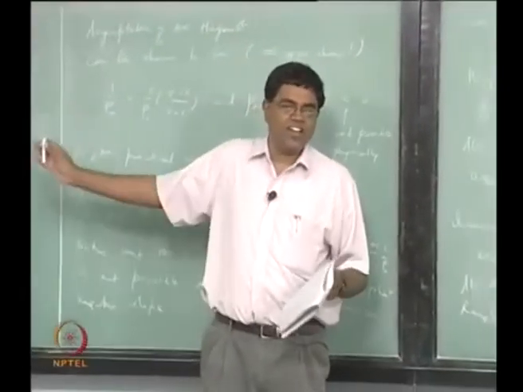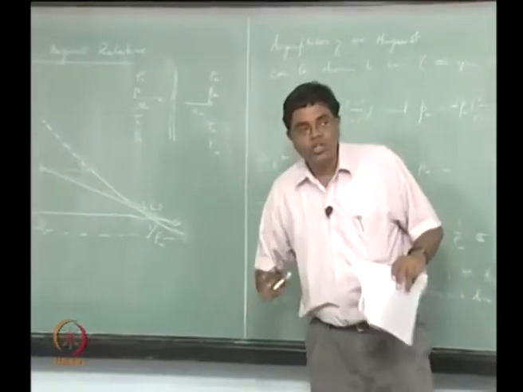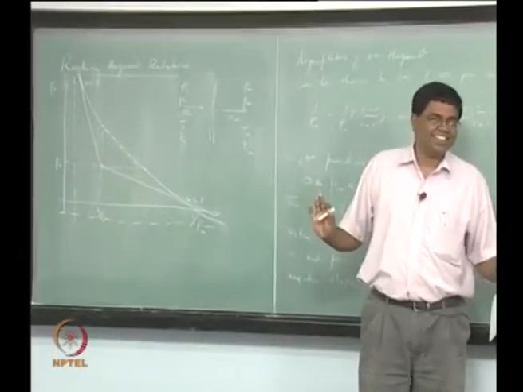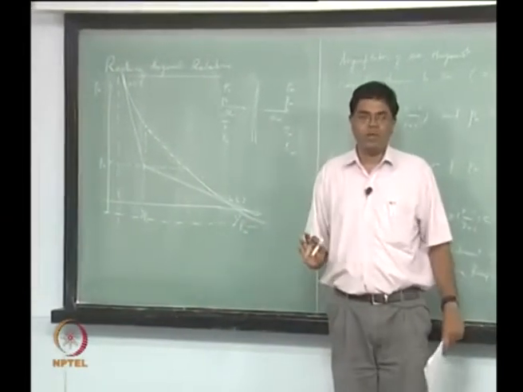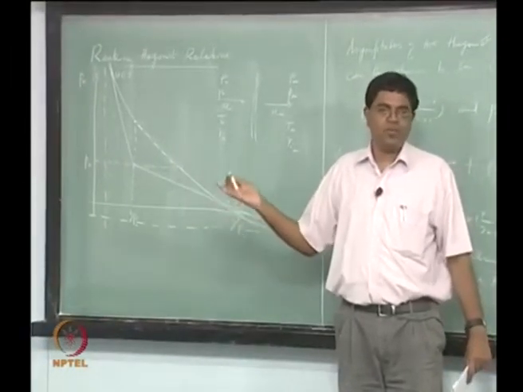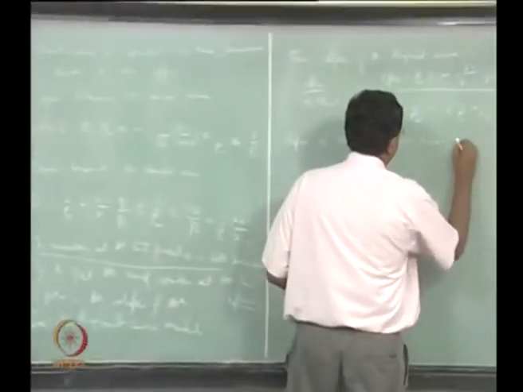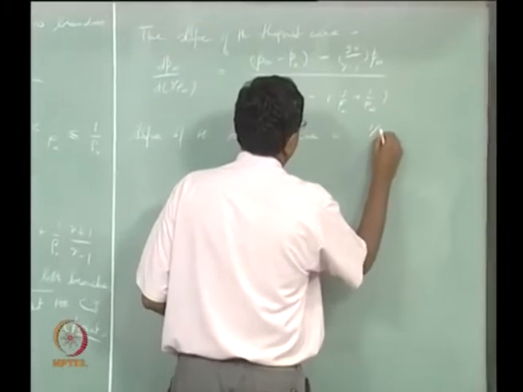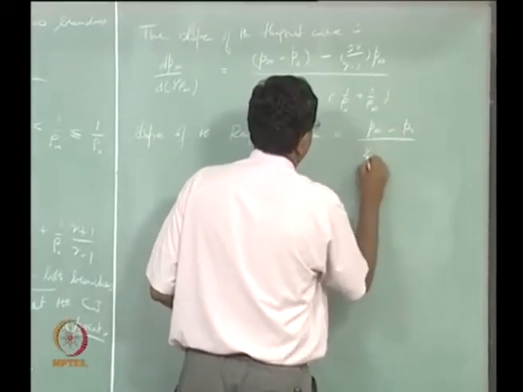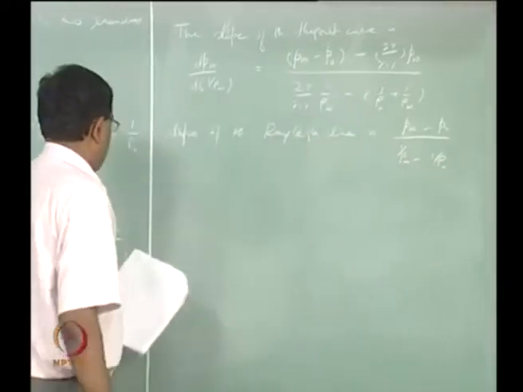The Rayleigh line is a straight line, and so long as we don't want to use the m dot squared expression, because we want to deal with only the thermodynamic properties, for a straight line it is just p infinity minus p naught divided by 1 over rho infinity minus 1 over rho naught, that's it. So equating the two,